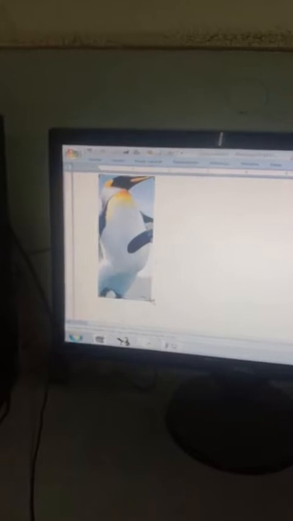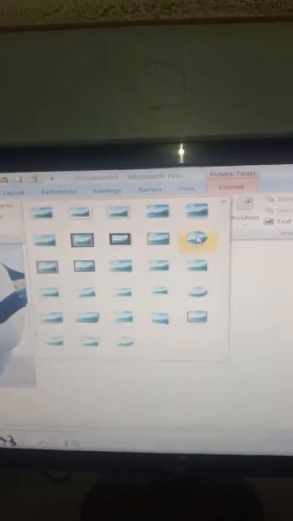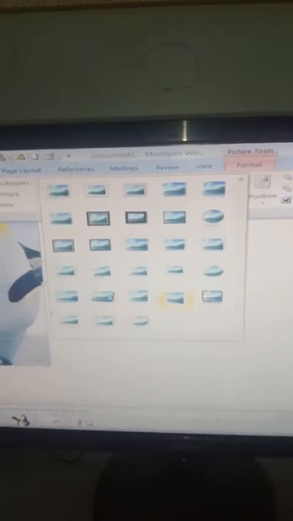Now the third thing that we are going to study in formatting the picture is adding style to a picture. Now how can you add style to a picture? To add style to a picture, first of all click on the format tab. As soon as you click on the format tab, you have to come to the picture group, and in the picture group different types of picture styles appear. As soon as I click over here, look, these are the different types of picture styles that are appearing over here. You can select any of the styles.